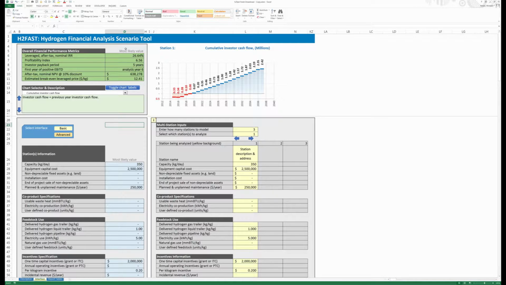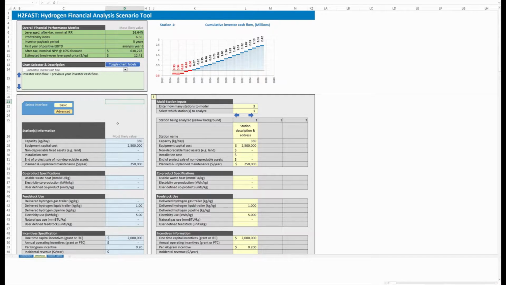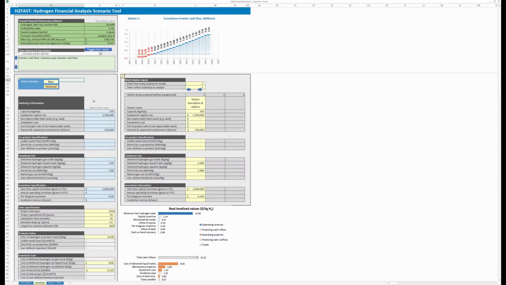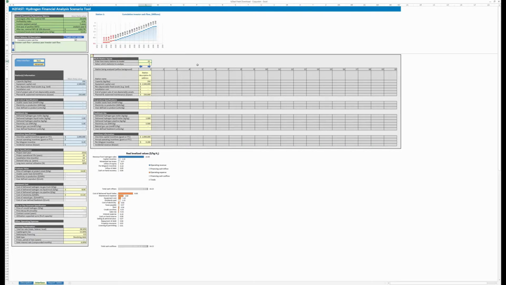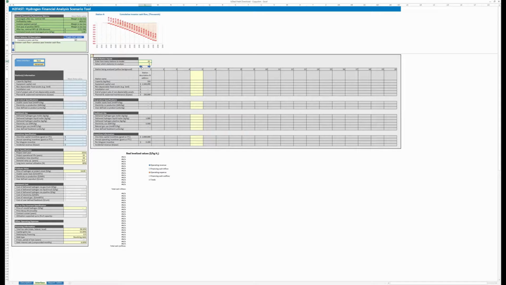Okay. So this is a freshly downloaded version of the model. Just to give you a lay of the land real quick, this portion right here is where you specify your capital costs for each of the stations, operating expenses, etc. This is where the majority of your input is going to be, and you can specify as many stations as you want. You can run different scenarios that you're interested in. If you want, you can run 20 different options, and it'll populate, and you can enter different stations, and you can click through and